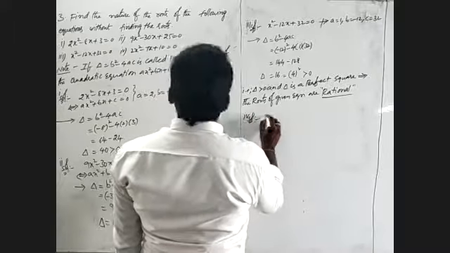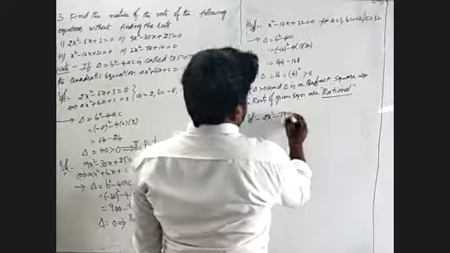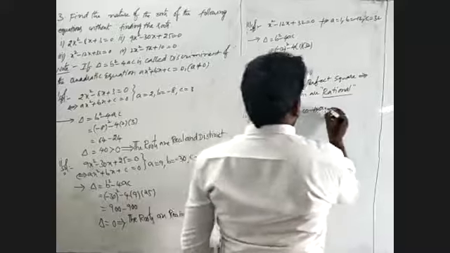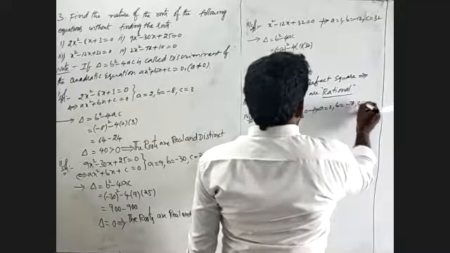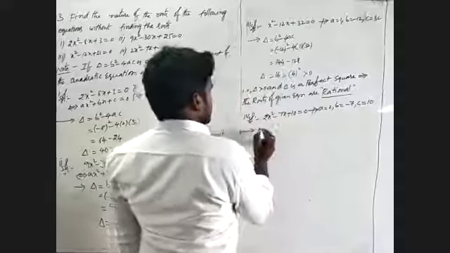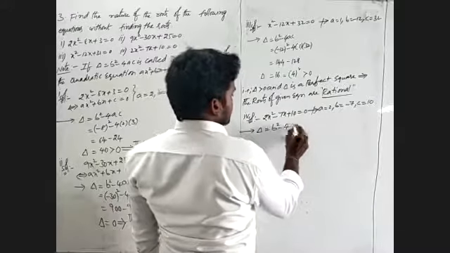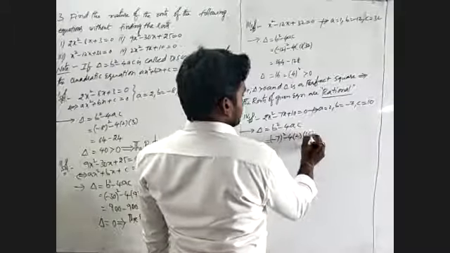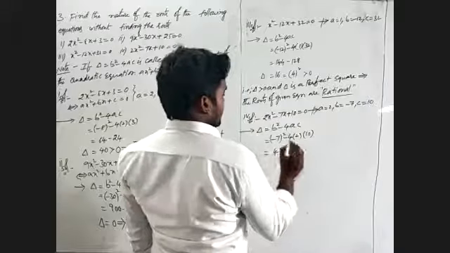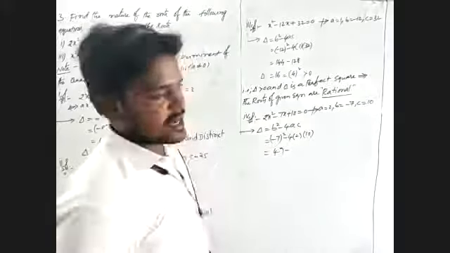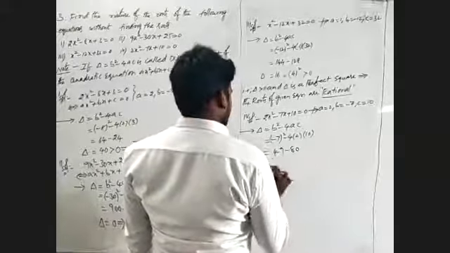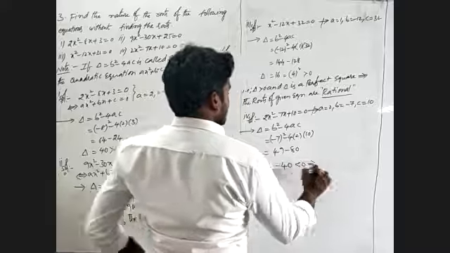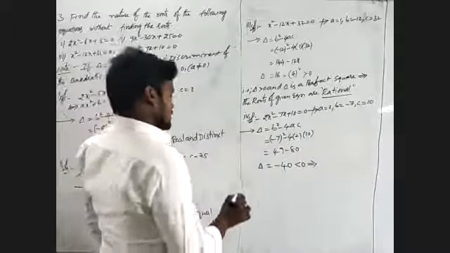Now I am going to the fourth one, 2x squared minus 7x plus 10 equals 0. Here the value of a is 2, b is minus 7, c is 10. The discriminant delta is b squared minus 4ac, which is minus 7 whole squared minus 4 into 2 into 10. That is 49 minus 80, and the remaining value is minus 31. Delta is less than 0, which means the roots are